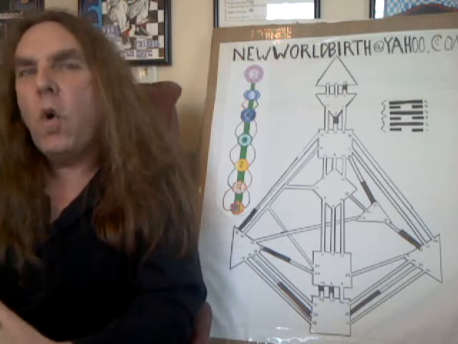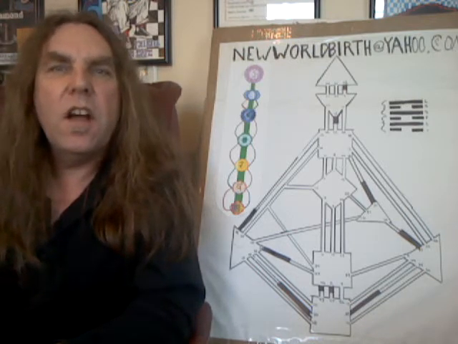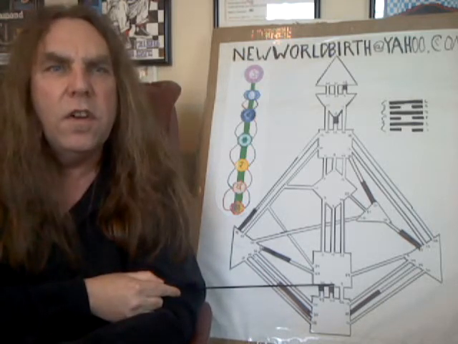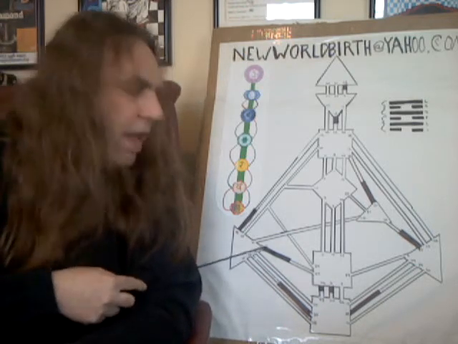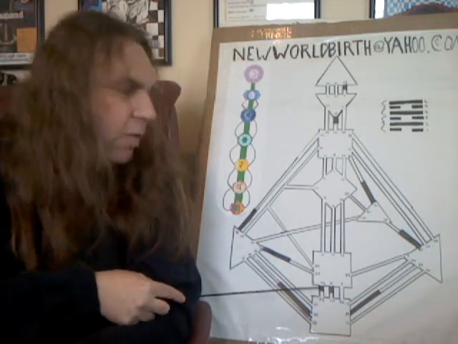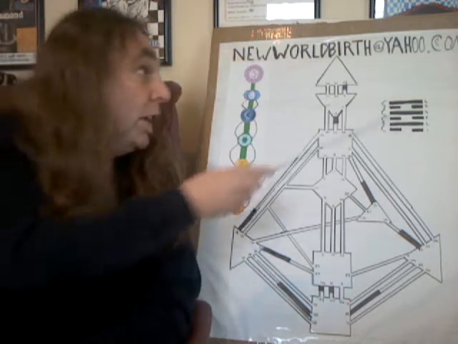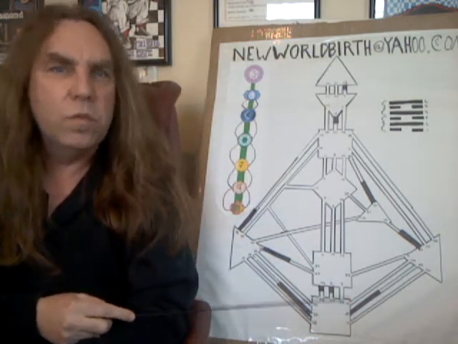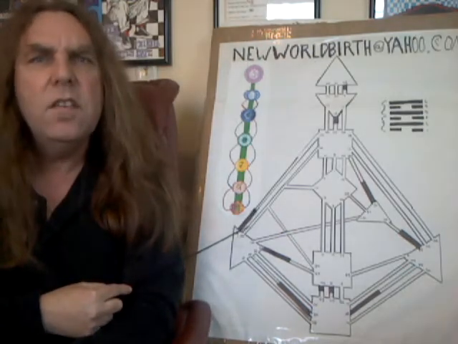So we have the following activated gates on the 20th. We have the sun and the south node in the third gate. We have the earth and the north node in the 50th gate. Mercury is in the 42nd gate. Venus is up here in the 63rd gate. Mars is retrograde and in the 48th gate.